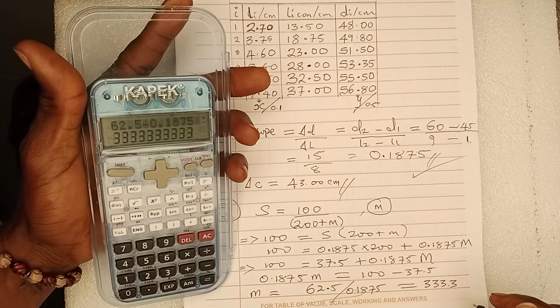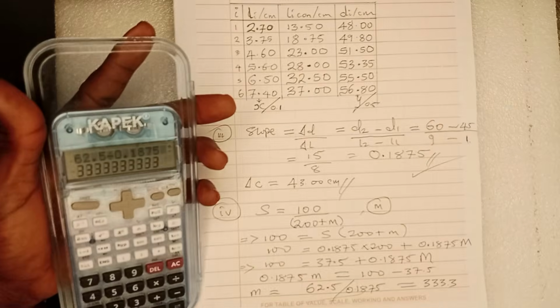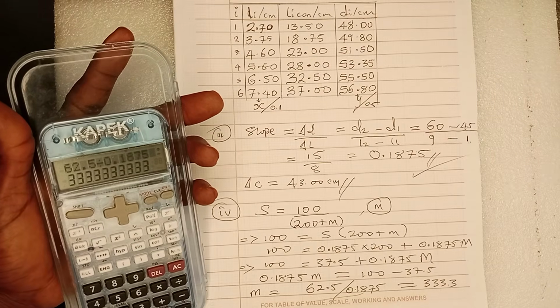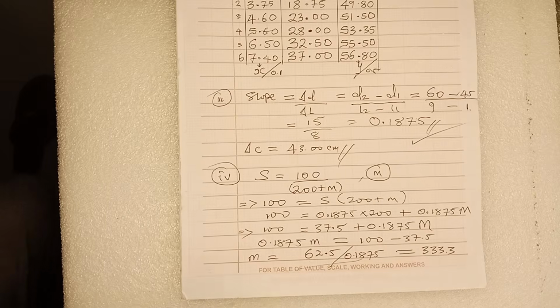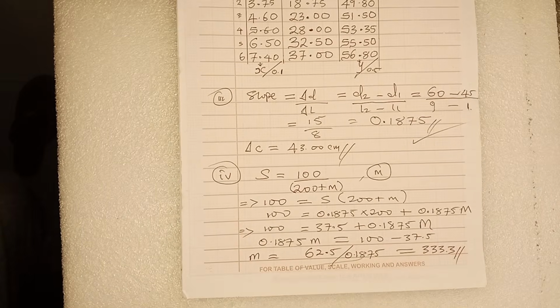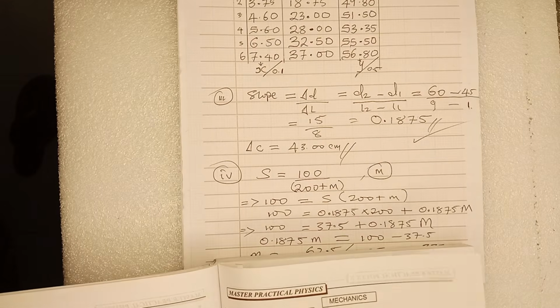What is the value for m? What is the unit for m? So m has no units. So this is the value for m according to this particular experiment. So the next thing they ask us to do is to